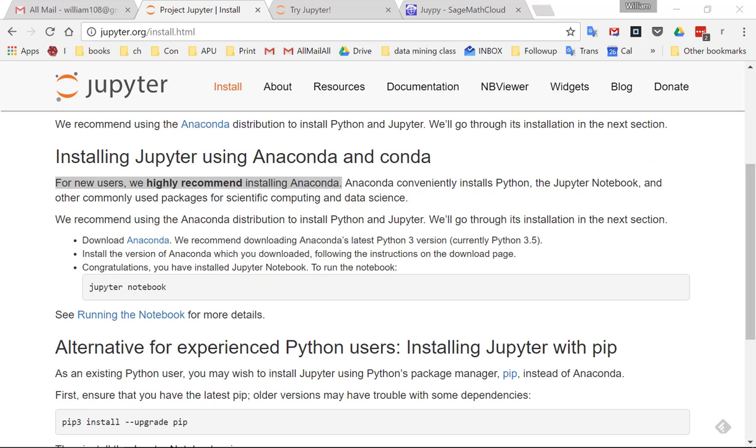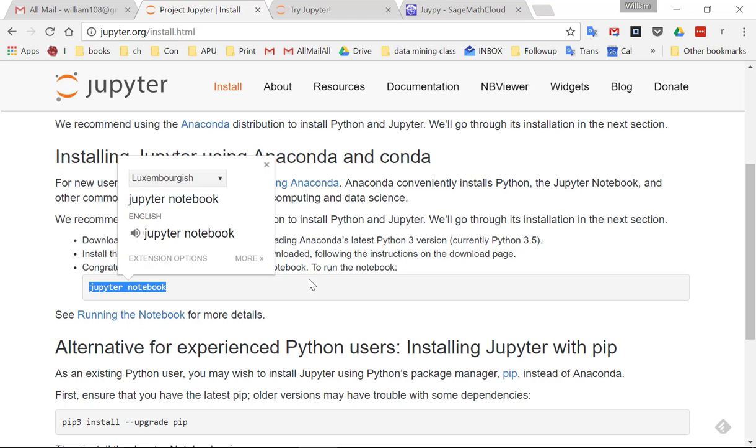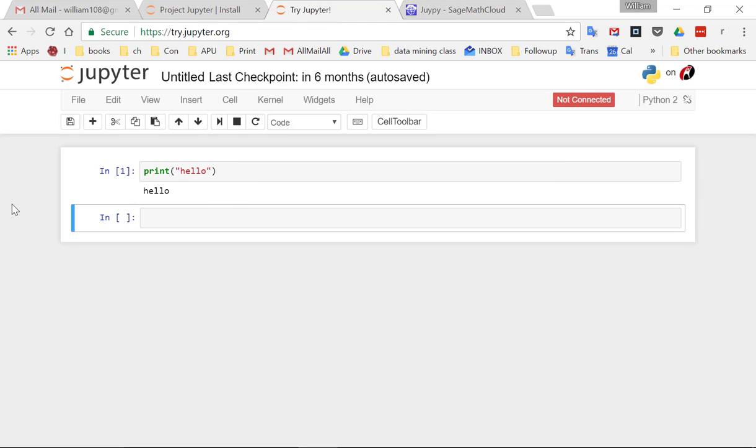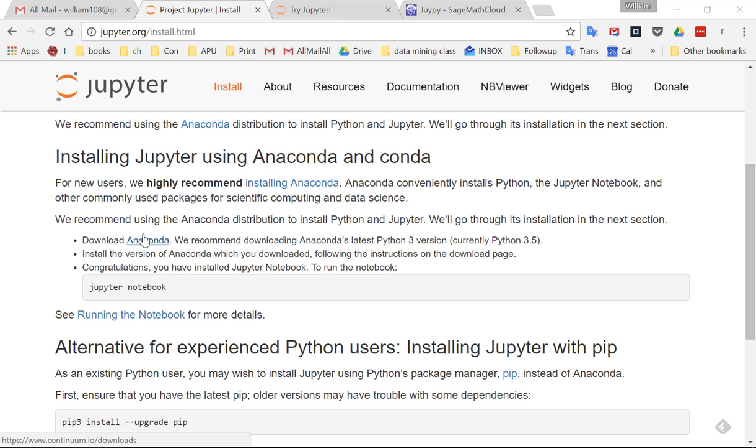So all you need to do is download here, Anaconda, and then install it. And then once you've installed it, you go to the command line or the terminal if you're in Mac, and you just type in Jupyter Notebook, and it takes about 40 seconds to load or something like that. But finally what will happen is a browser will show up, and it will have the same interface that we see here. So just click on Download Anaconda,